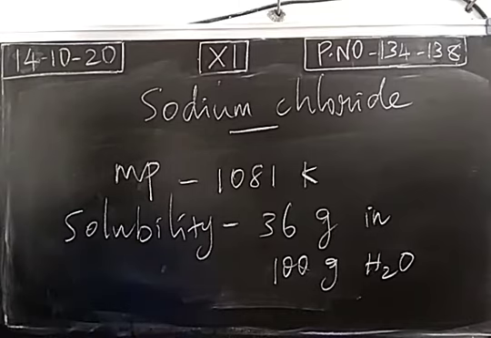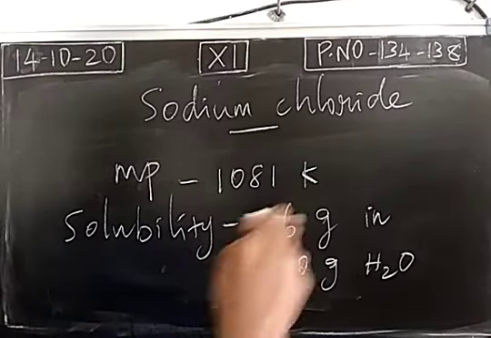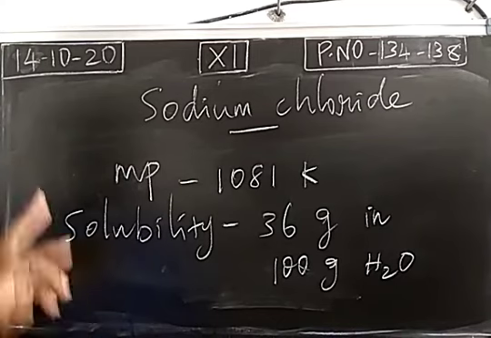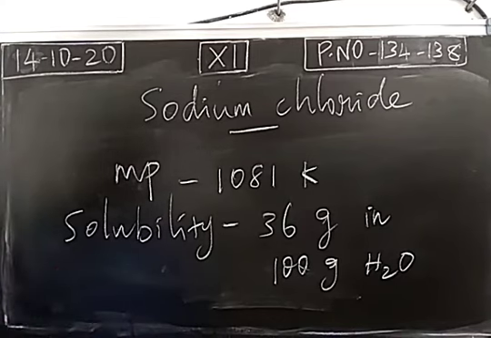As we know, solubility is directly proportional to the temperature. When the temperature changes, the solubility value will change, and this is the value at 273 Kelvin. For sodium chloride, when we increase the temperature, the change in the solubility will not be a large value. So sodium chloride is obtained from seawater by the evaporation method. From brine solution, we do purification and get sodium chloride crystals. Its melting point and solubility values have been given.